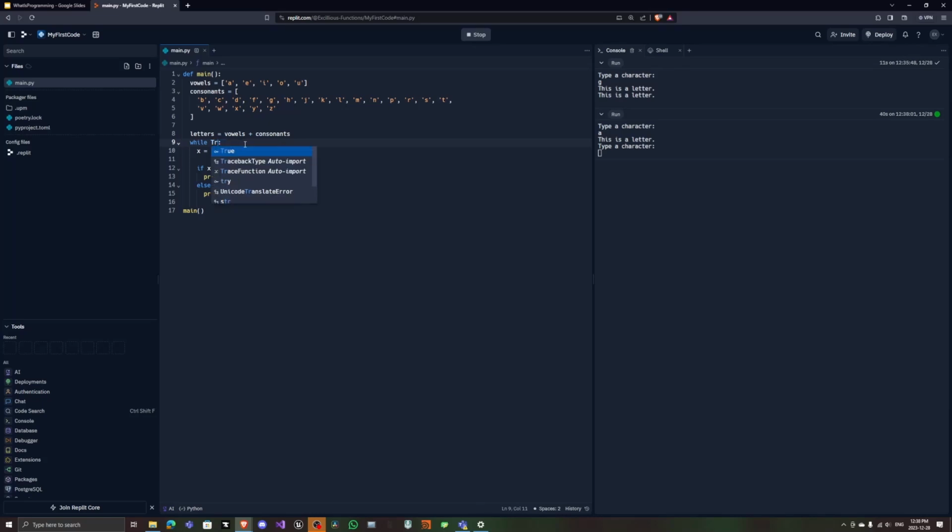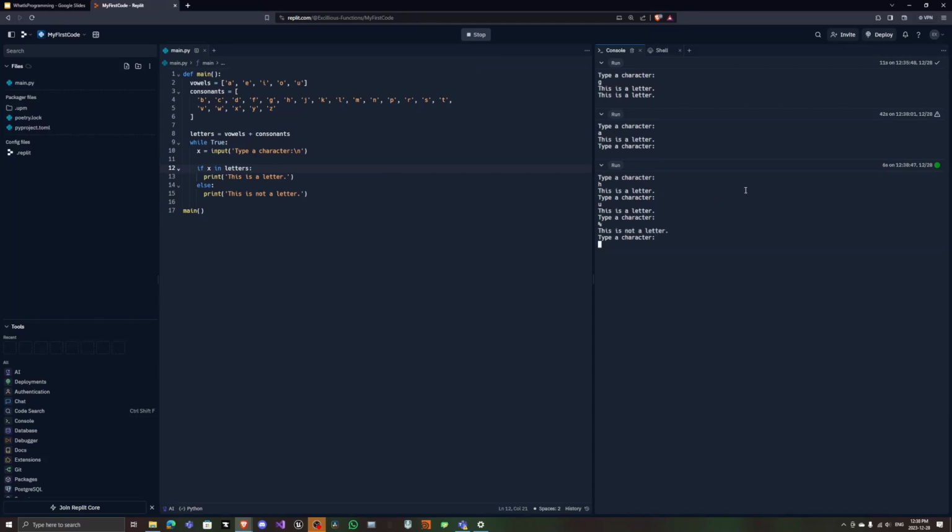I'm going to set this back to true, and I'm going to stop our code so it doesn't break. So I'll run this again. And if I write H, this is a letter, U, this is a letter, the percentage sign, this is not a letter, and it's going to keep running. So I'll hit stop,